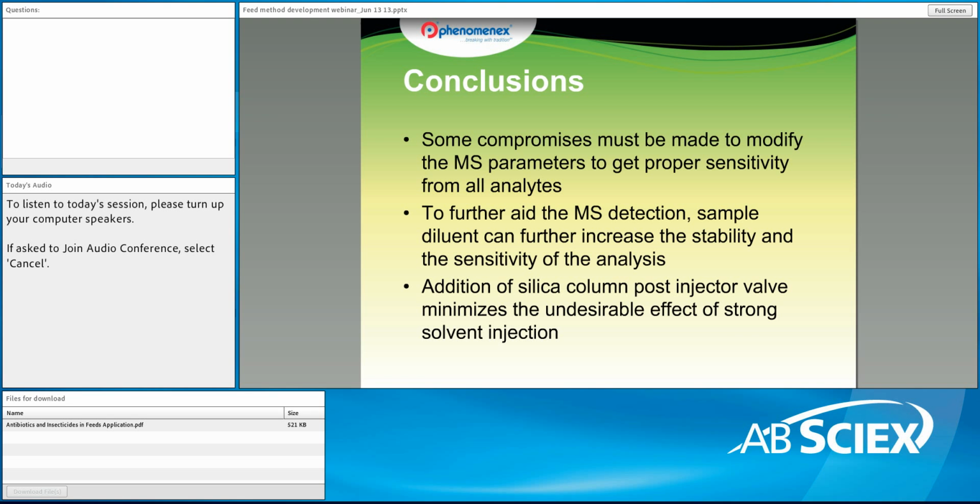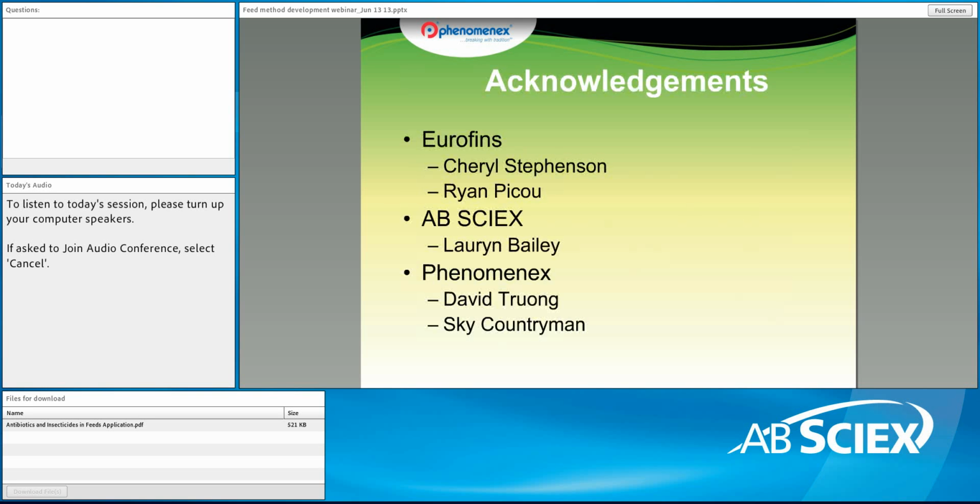And finally, the addition of that mixer column post-injector enhances the chromatography and allows us to have an easier hand at making the sample solvent more agreeable to everything. In final, I'd like to thank everybody at Eurofins, Cheryl Stevenson, Ryan Piku, Davey Sykes, Lauren Bailey,